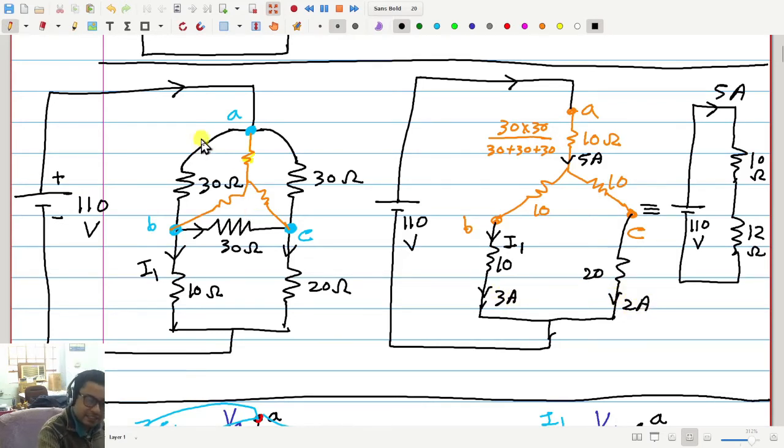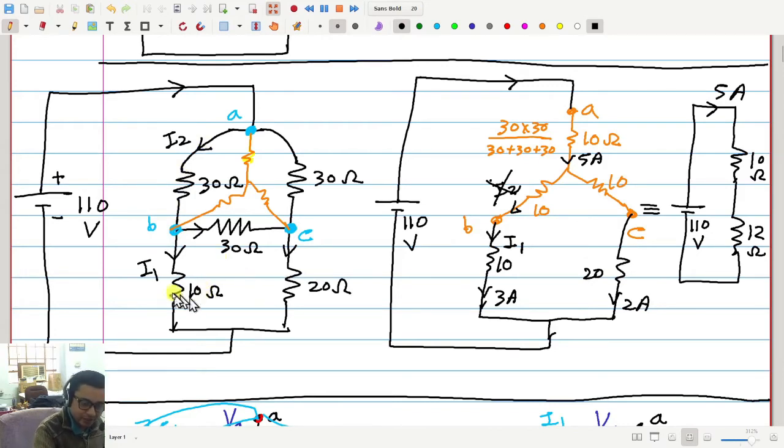But how much is this current? If I call it I2, is I2 same as this current? No, sir, I2 is 2.5. Right. So this is not I2, so don't make this mistake. Sir, to find it, it is 7 by 3 or 2.6. So to find I2, you have to do it in different ways.